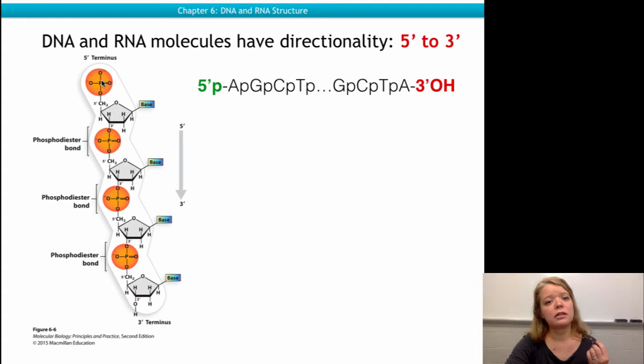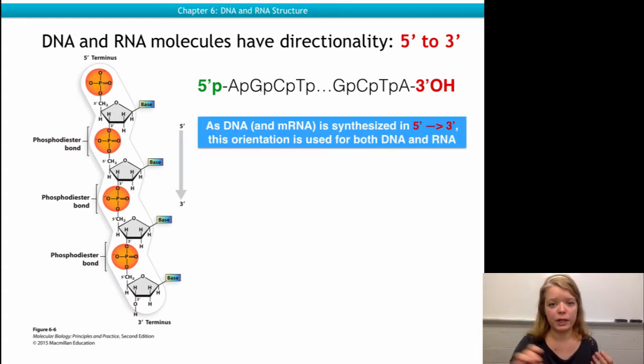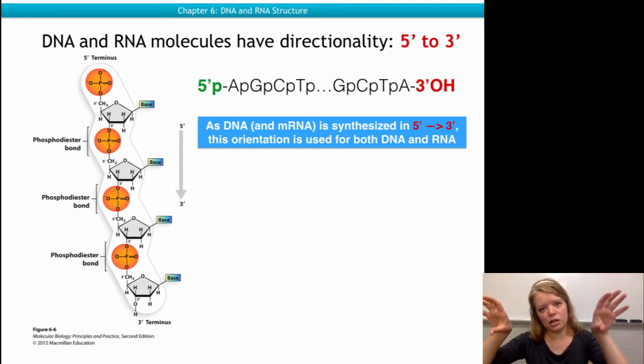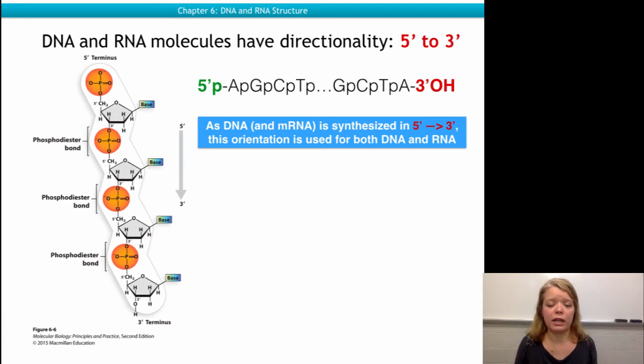Because of that, and because of the fact that DNA polymerases and RNA polymerases synthesize DNA only in one direction, or RNA only in one direction, they always go 5' phosphate to 3' OH. That is a standard way to look at a DNA or RNA molecule. It's not just boring nomenclature. That's really important,